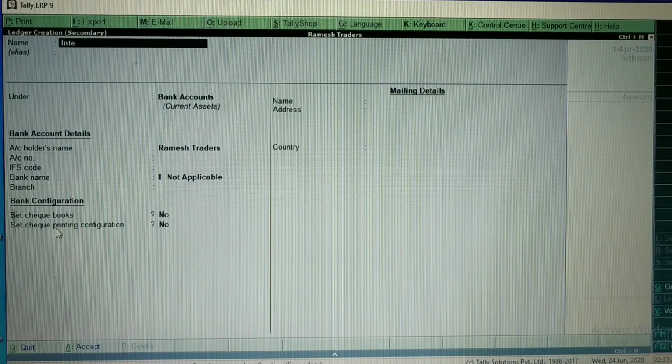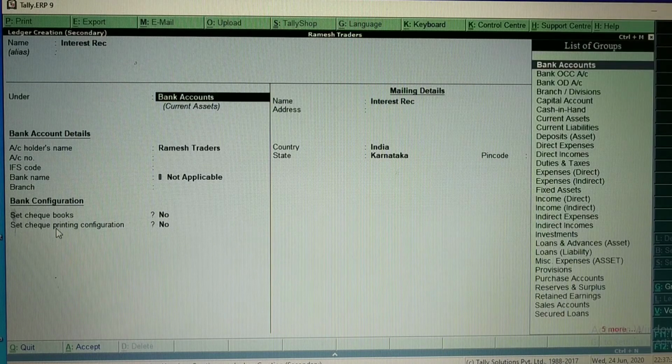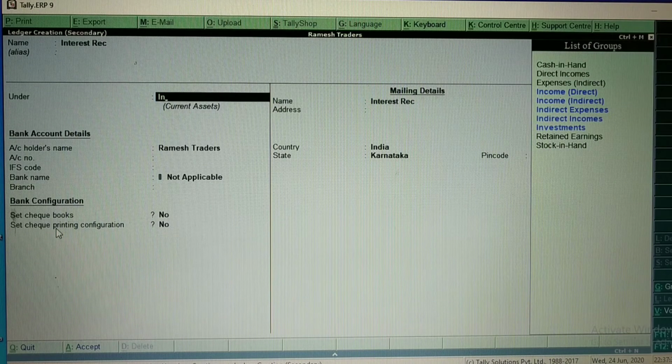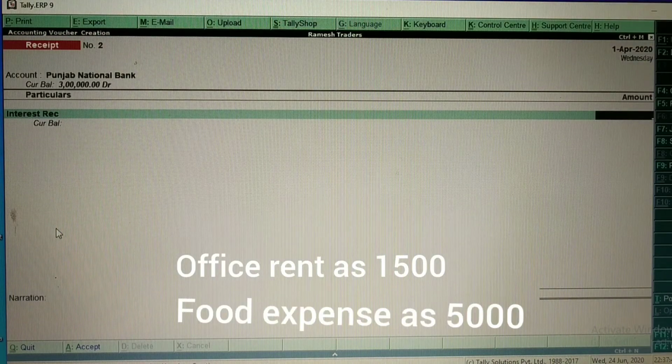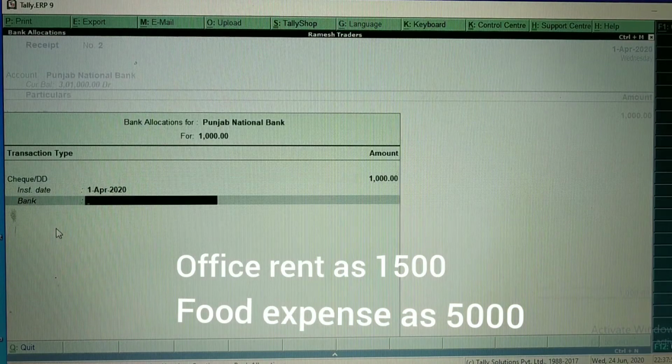So here, interest received. We are not receiving this for manufacturing and all. We are receiving interest from the bank, so it is indirect income for the company. So 1000 rupees interest has been received from Punjab National Bank.